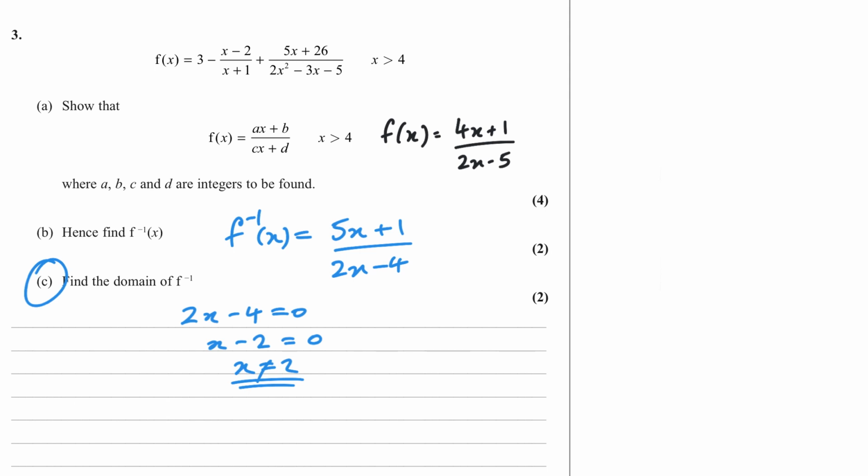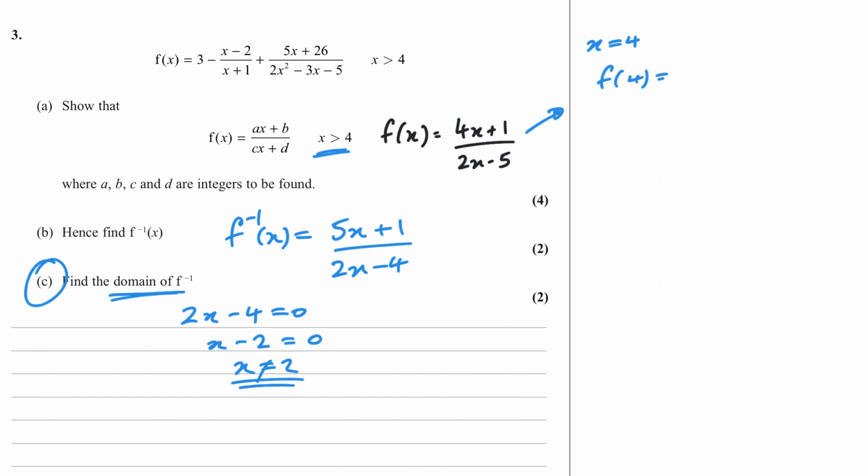So that's one thing just to take in for this one. And if I think about the top, I'm looking at the domain of f to the minus 1 of x. So I can also think of the values of the range of this f of x. So one thing I can think of is that since I want the values of where x is greater than 4, let's look at what happens when x equals 4. So when x equals 4,